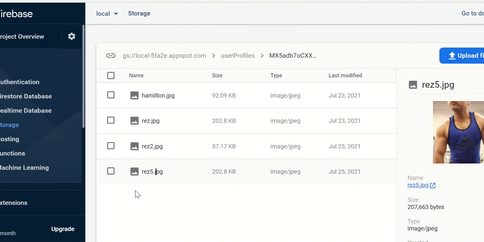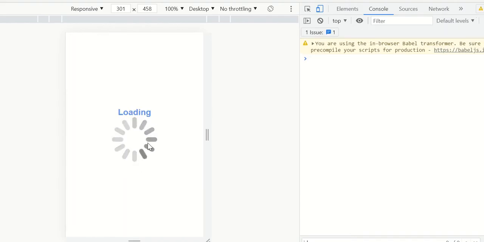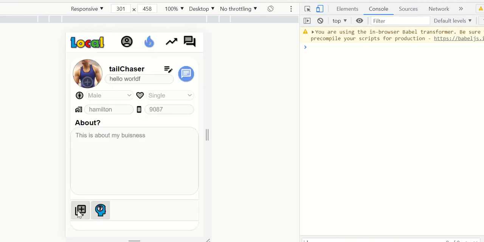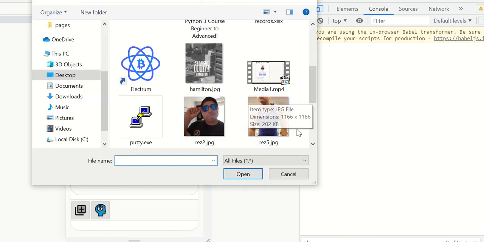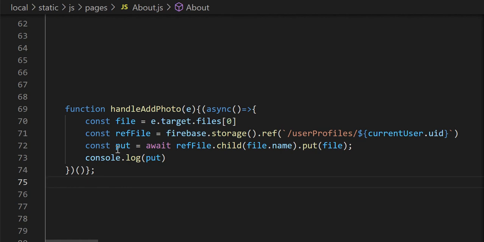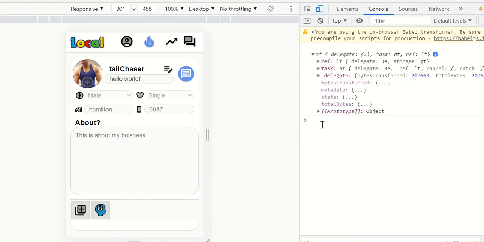So let's refresh this page. Let's go back here. Let's refresh this. And let's click on this. Let's click on this picture again. So this is the file here. Like I said here, this is the put file we made. And let's take a look at what's inside this put file. Okay, we have a whole bunch of stuff here, but what we're interested in, because we want to get the